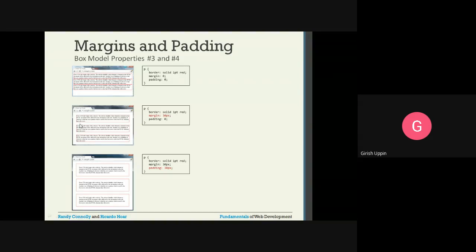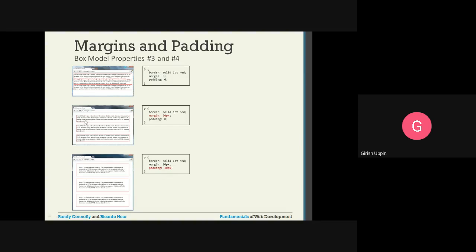This is because it collapses. Vertical spacings are collapsed, and whichever is the higher margin will be given. In this case, this paragraph and this paragraph both have 30 pixels as the margin, so it will collapse and make this vertical spacing only 30 pixels. That is why between the paragraphs you will see only 30 pixels, and this collapsing will not happen horizontally. It is only for the vertical.